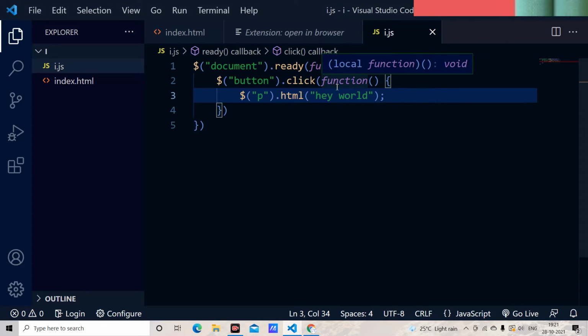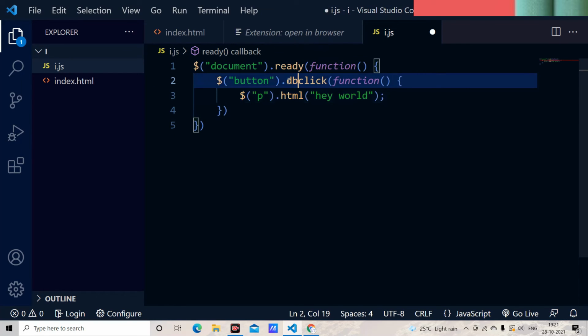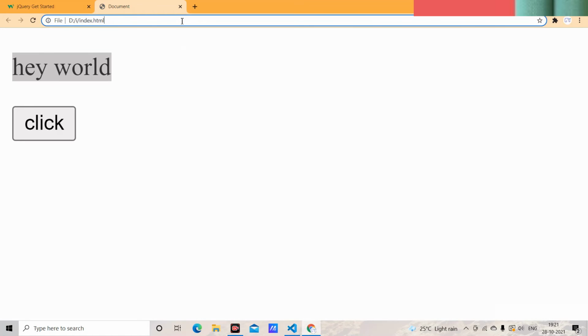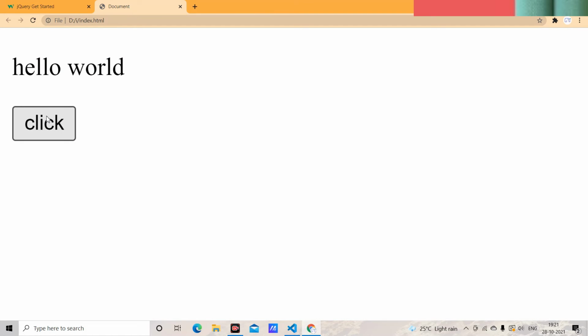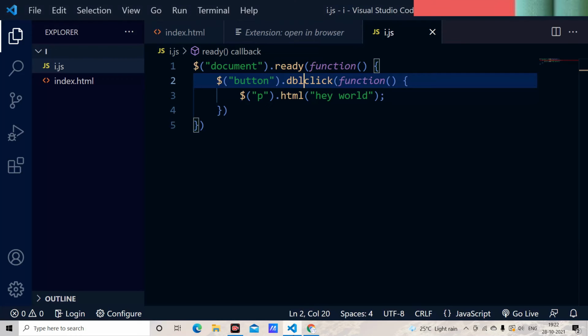Next we have something different. We have the double click. Here double click, whenever I double click a specific element, the function is going to be triggered. Here I have added the double click, I just save it, and here I just reload this site. I will show you, when I click it, the event is not going to occur. Until and unless I add a double click to this button, it is not going to be triggered. As you can have a look at here, it is not getting triggered. At the same time, when I just double click, as you can have a look at here, it is completely changing into hey world. And this is how we go with the double click.